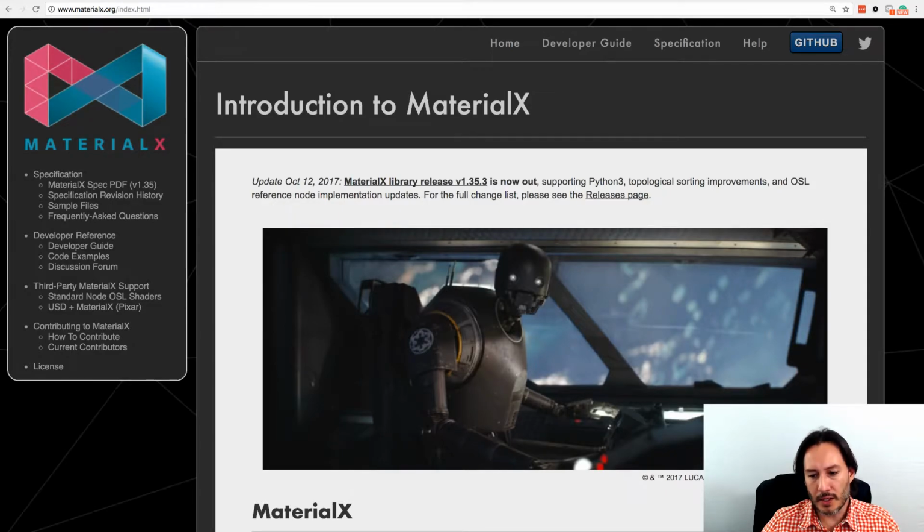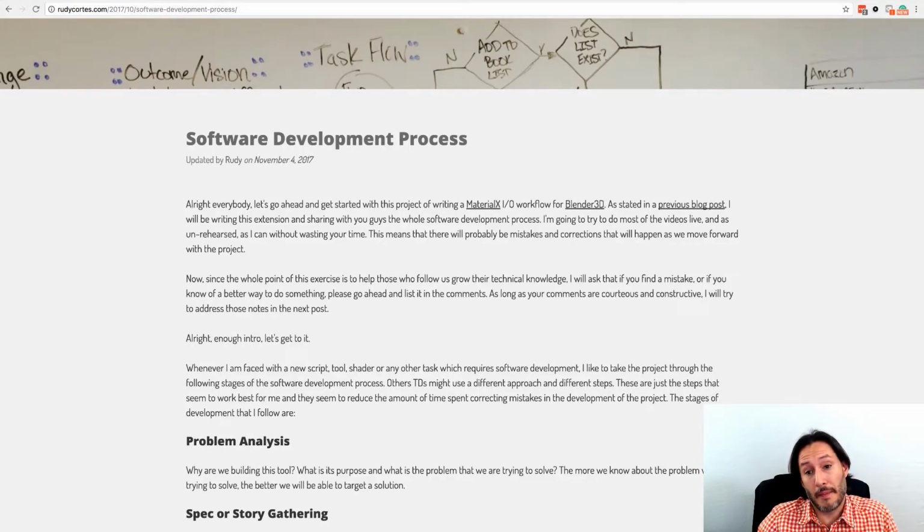It's up to developers to write tools that can read this specification and then use it inside the software that you use for content creation. So we're going to try to create one of these for Blender. The reason I chose Blender is because it's open source, and I think it's really great software. It's pretty easy to get in there and do things. So we're going to build that for Blender.